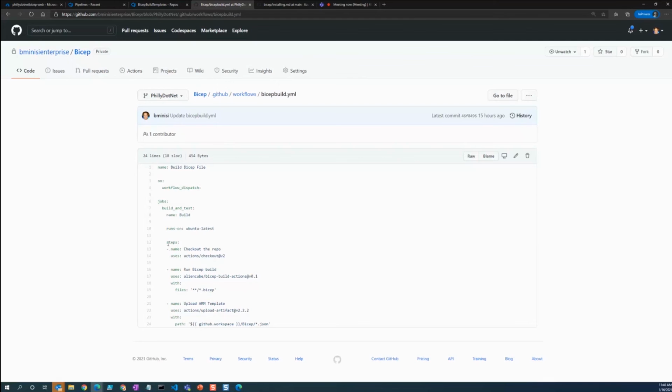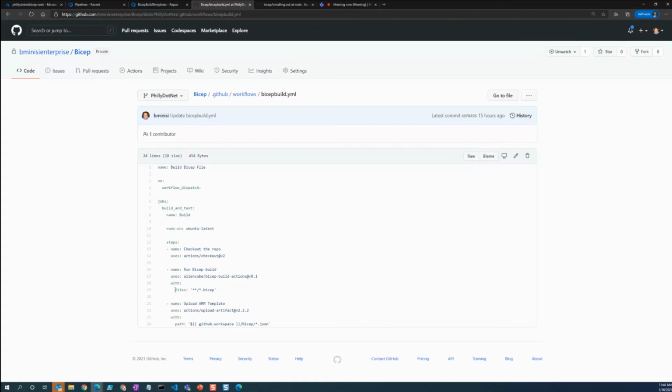So the steps we're going to go through is first, we're going to check out our repo, just like we did in Azure Pipelines. And here we're going to do our build, and this is the built-in step or action that we can use for this in GitHub. So I didn't have to go and pull down somebody else's repo and add it to my repo in order to build this. It's built right in.